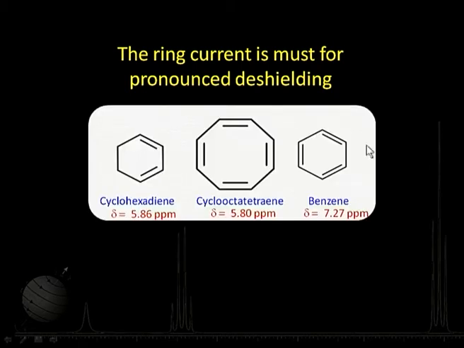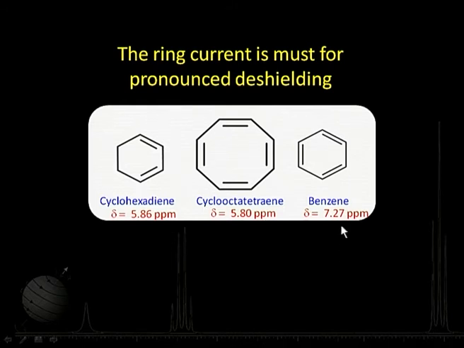Let us take some examples here. Let us take the example of, say, cyclohexadiene. We find that there are two double bonds which are alternating here, but the observed chemical shift is 5.86 ppm, which is very close to the value of about 5.2 or 5.3 for our ethylene molecule, not very different. Let us take cyclooctatetraene. In this case, there are 4 such bonds, and the value observed is about 5.8 only, not very different from that of ethylene, just one double bond.